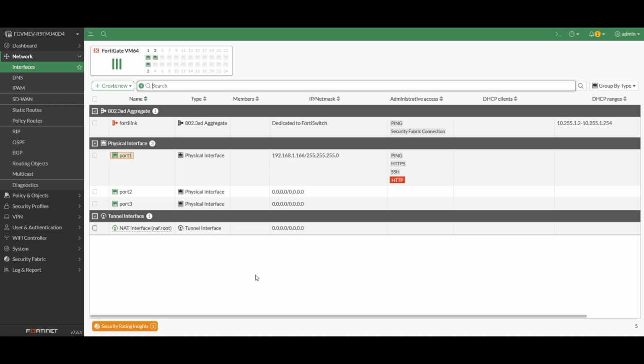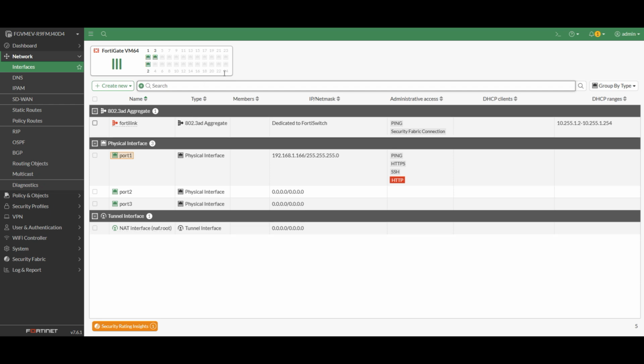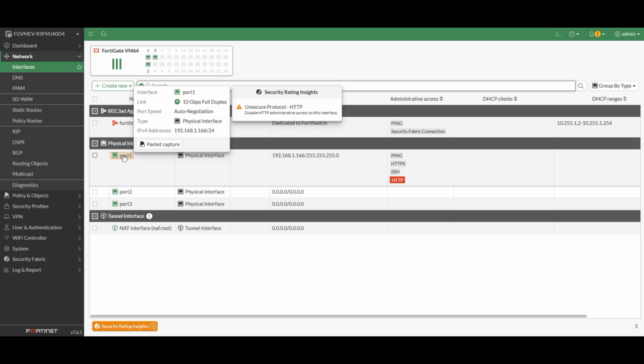That is because our FortiGate firewall is the free evaluation version, and it's the VM firewall. FortiGate only allows us to have 3 interfaces active. If I had a full license or a physical device with a full license, then all these 24 ports over here would be active. So I'm going to go ahead and click on the physical port, port 1, because I